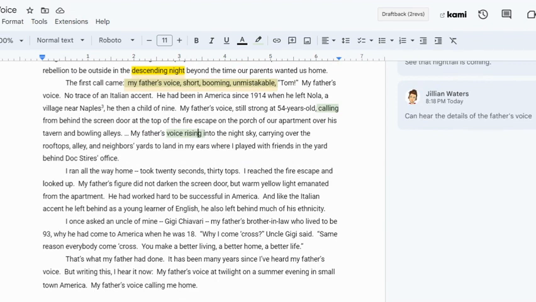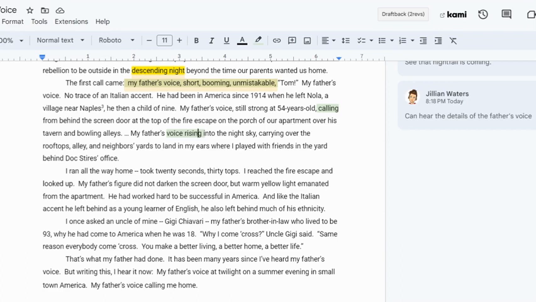I ran all the way home. Took 20 seconds, 30s, tops. I reached the fire escape and looked up. My father's figure did not darken the screen door, but warm yellow light emanated from the apartment. He'd worked hard to be successful in America, and like the Italian accent he left behind, as a young learner of English, he also left behind much of his